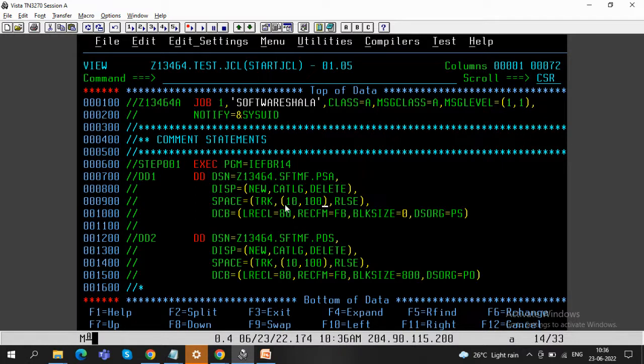Okay, so at this point, just remember this is a unit, track or cylinder. If it is a cylinder, I will put cylinder here. If you want to deal with small data, just put a track here. If you want to deal with larger data, put the cylinder here. Then this is the primary allocation, this is the secondary allocation, and this is the parameter. After the comma, you have to put the parameter here. This release parameter is what you want to do